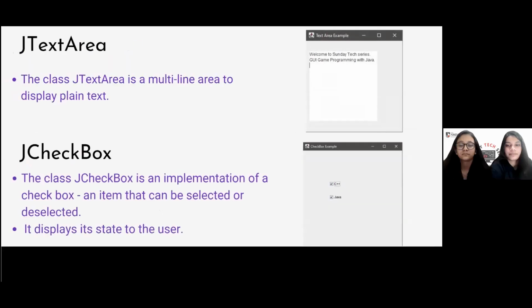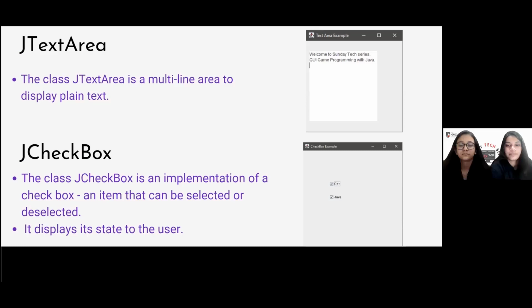The next component is JTextArea. JTextArea is a part of the Java Swing package. It represents a multi-line area that displays the text. It is used to edit the text in multiple lines. JTextArea inherits the JTextComponent class. The text in it can be set to different available fonts and can be appended to new text. A text area can be customized to the need of the user.